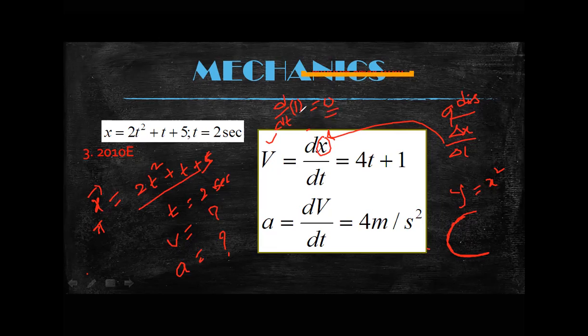Because whatever 1 I kept here is not changing with respect to time t. It is a constant value, 1. Even if I keep 10 also, it is 0. Any constant, if you take the derivative with respect to time, is simply 0. Suppose I keep here d by dt of t,